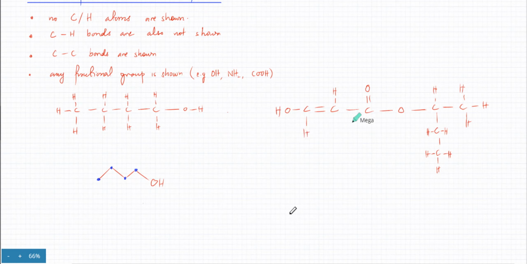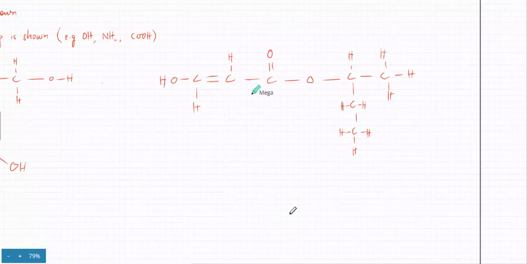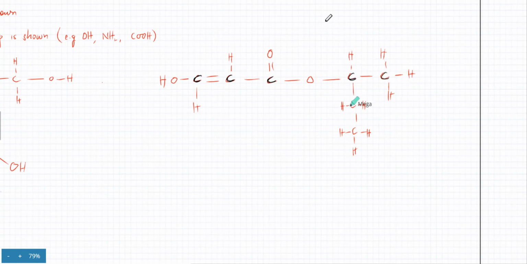So I want to draw the skeletal formula of this molecule. So remember the zigzag line. That's all the carbon atoms connected together. So I'm going to mark how many carbon atoms. That's one. That's the second one. That's the third one. Then there's an oxygen in the middle. There's the fourth one, fifth, sixth. First, look at these three carbon atoms. I'm going to draw this line. So that's three carbon atoms in a line: one, two, and three.